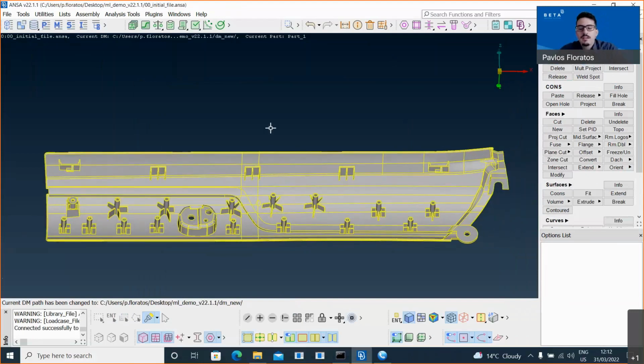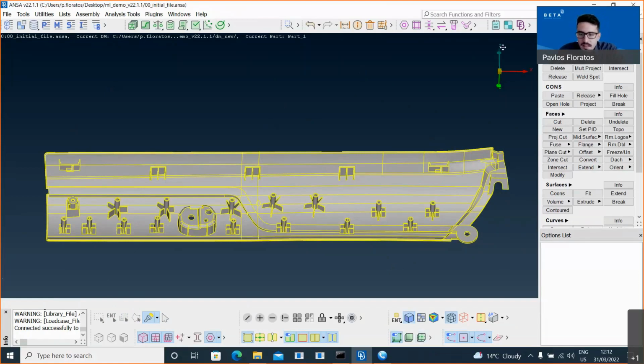So let me remind you that the process that we will see now is something that you need to do only once. You need, one time, to go through your data, make the library, and then you can use it every time you have a new plastic part. And this is something that can save you time. And of course, if you want, you can keep the library updated from time to time.